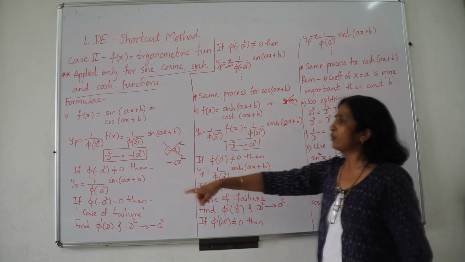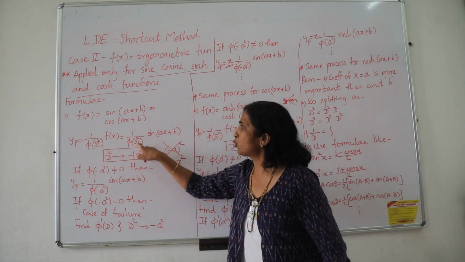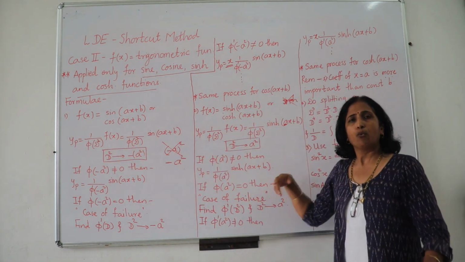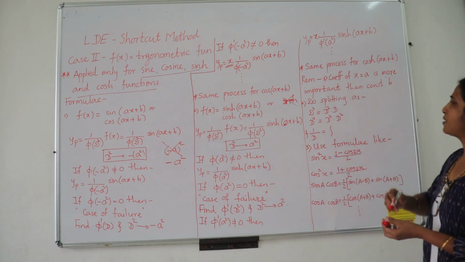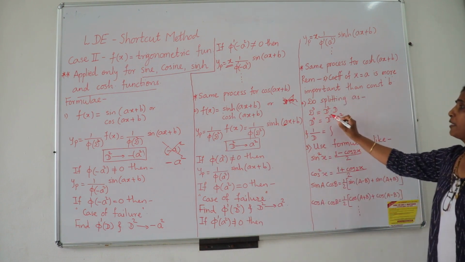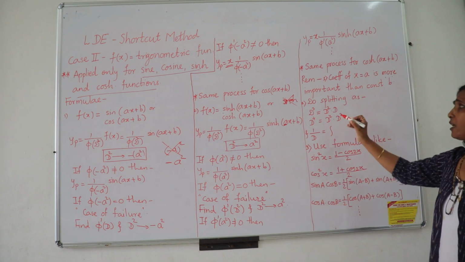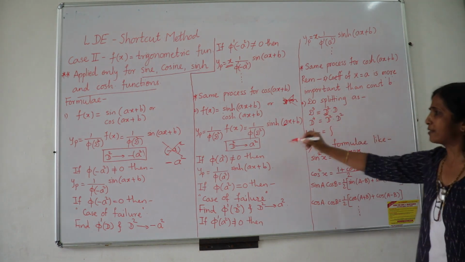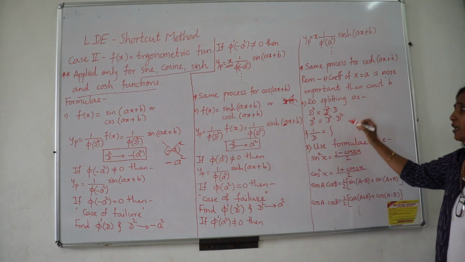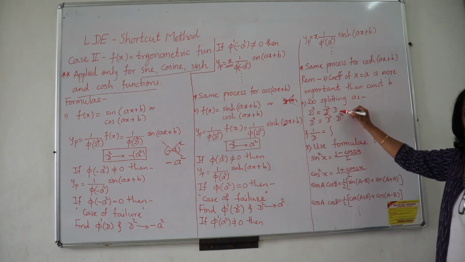Here we are talking about D square continuously. So the problem may be in your mind, what is to be done with cubes and raised to 4 and so on. So here is the answer for that. D cube will be replaced. This should be split out like this, D square multiplied by D. Then D square you will replace as per the rules, but the D factor will remain as it is.